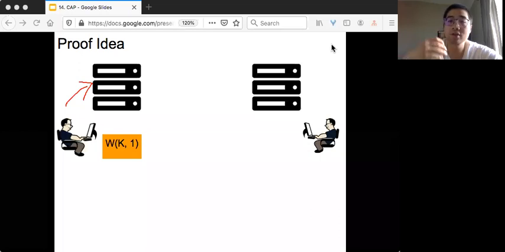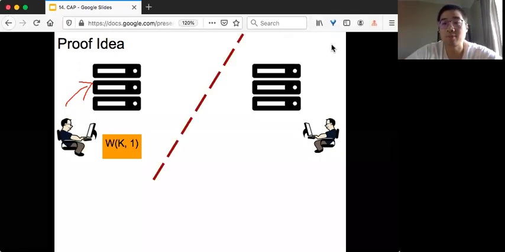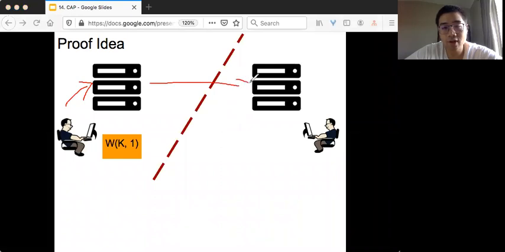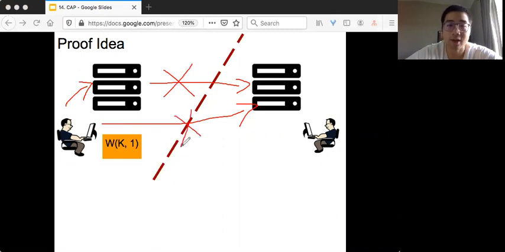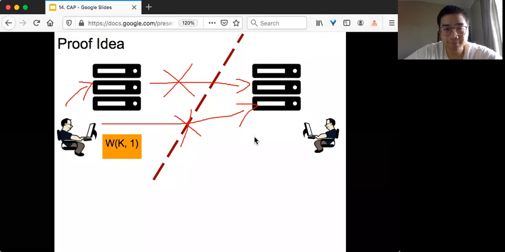And unfortunately, now here the network is not behaving well, so we observe partition tolerance. What that means is that any message going from left to right, either from server A to server B, or from this client to server B, all of the messages are arbitrarily delayed, or all of them are lost. And similarly from the right-hand side to the left-hand side. Okay. Then in this case,